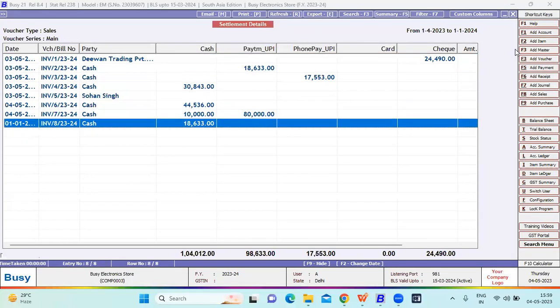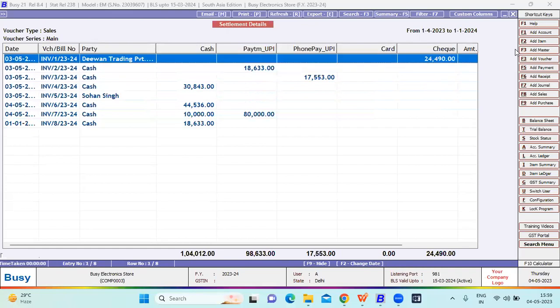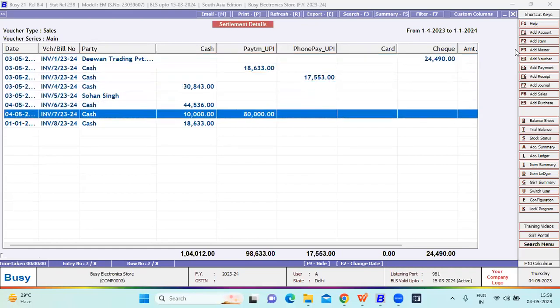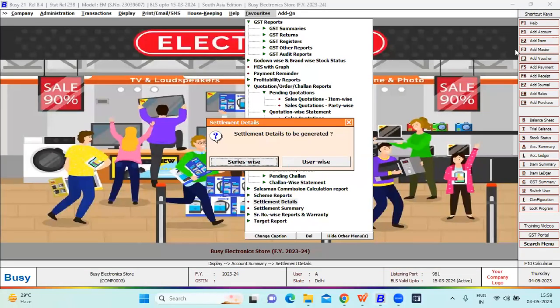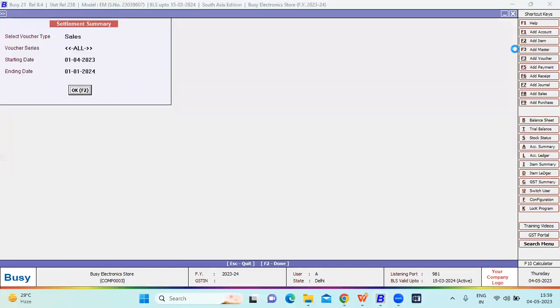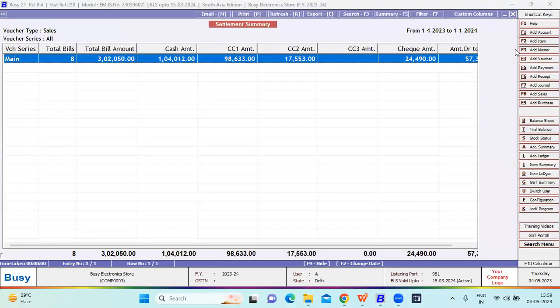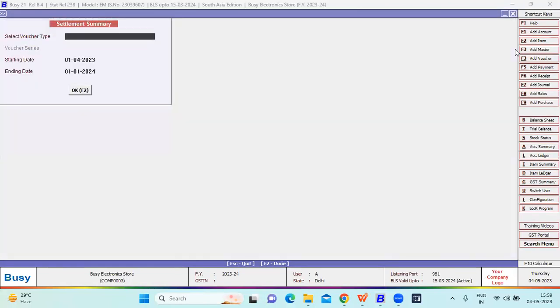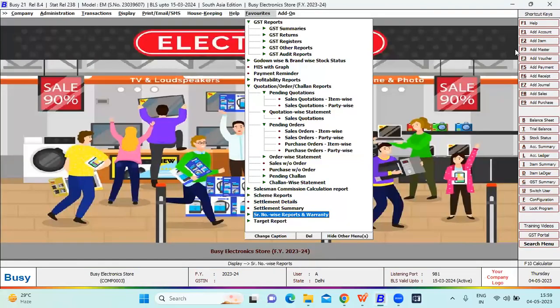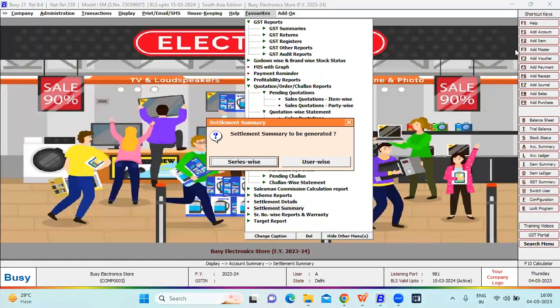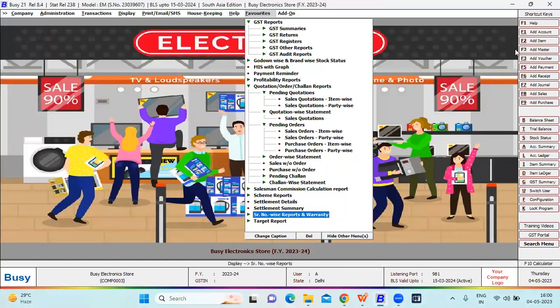This is the settlement mode, payment mode, cash mode, card mode, check mode, or whatever mode we are using for the payment from your customer. Settlement summary, series wise, you can check. This is the cash amount, check amount, the UPI amount, or the NEFT amount. You can see the report on the basis of your settlement summaries, series wise, user wise, serial number wise reports